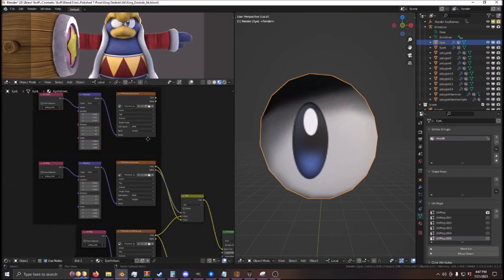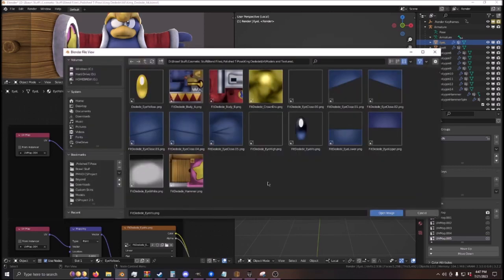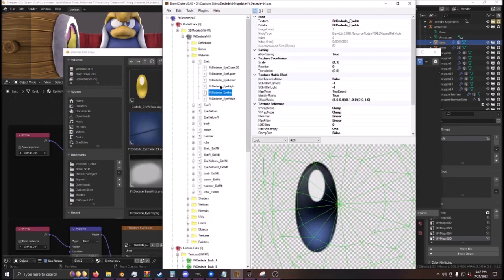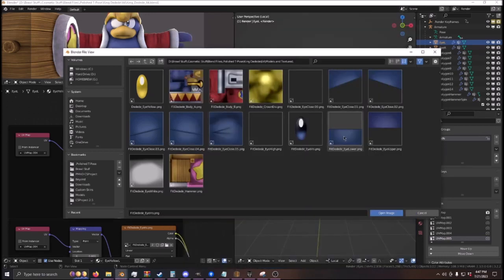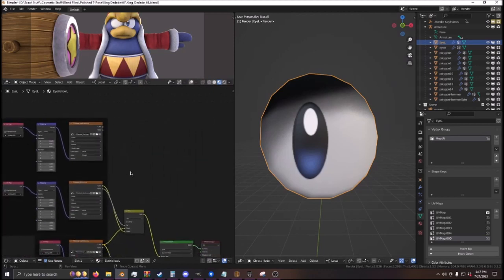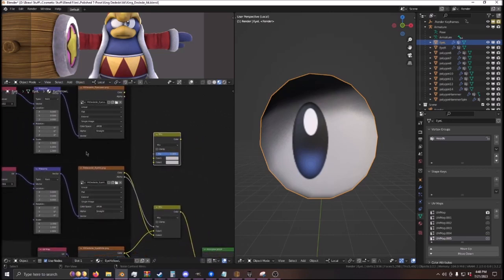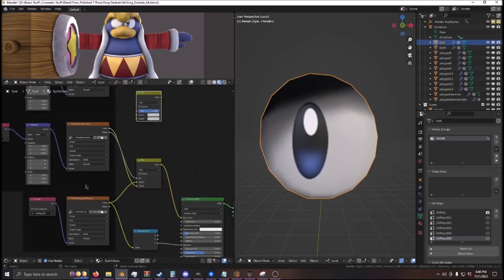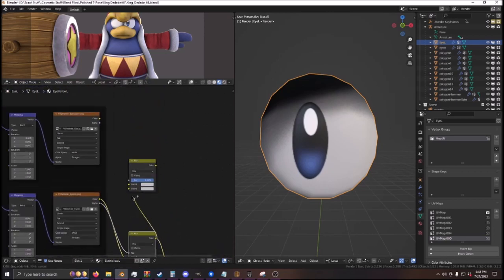Most characters don't have eyelid textures like he does, so I'm just gonna speed through this real quick. He doesn't have an eye high. He has eye lower. Eye lower. Eye high. Eye lower. And if your character does have more than one, like if they do have an eye high texture, then you would basically just repeat this, but again up here, like I'm about to do. So this one would go on the top, this one would go right here,